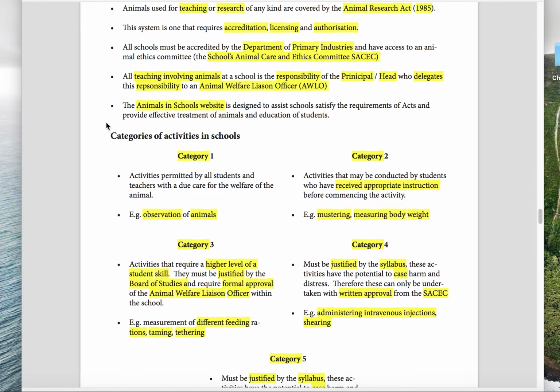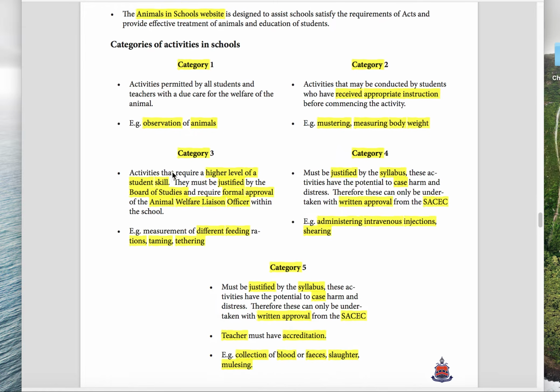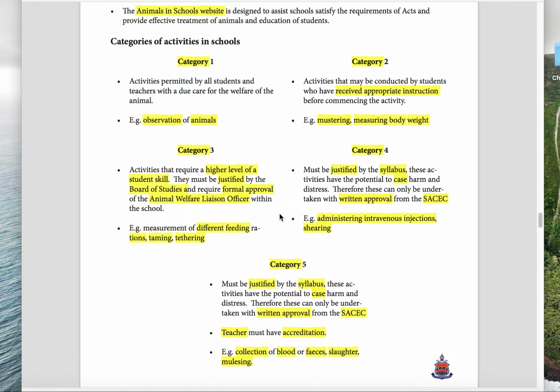In terms of schools, the Department of Education has the School Animal Care and Ethics Committee, and they authorize different schools to do certain activities on animals. In every school, the responsibility for the welfare of animals is the responsibility of the principal or the headmaster, and they designate that responsibility to a person in the school who looks after animal welfare, called the Animal Welfare Liaison Officer. And if you go to the Animals in Schools website, you'll notice that there are 5 different categories,